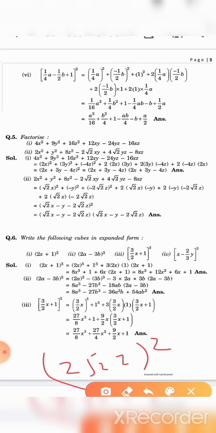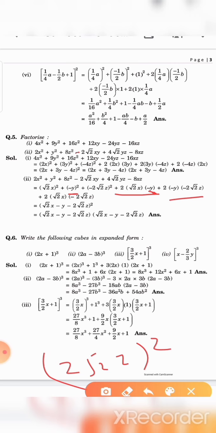So first we write the next multiple term 2 into a into b. Here our a is root 2x, and b is y. But here we want in our polynomial negative symbol, here minus 2 root 2xy. So we multiply our y by minus. Here y is negative, so in the first whole square term we have mentioned the symbol minus.